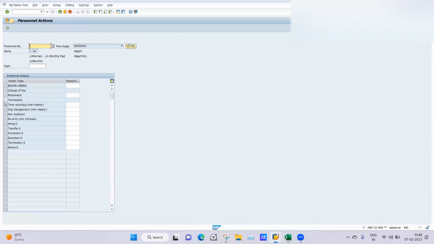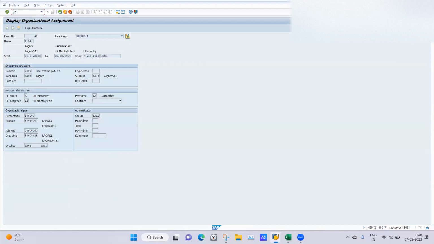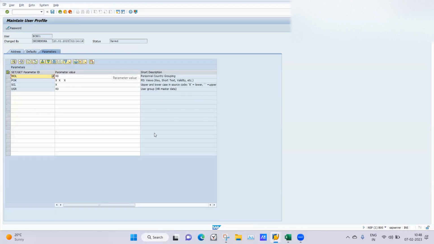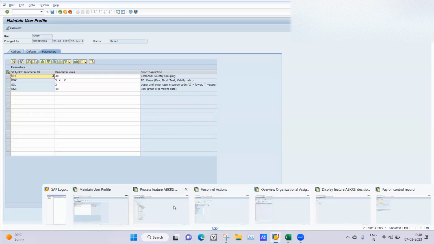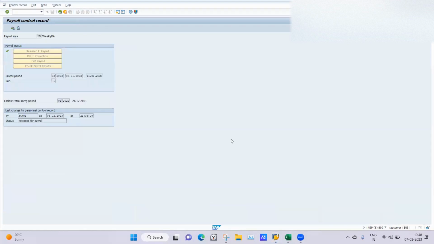Hiring, yes. Okay, let me go to SU3 for a second. PA40 is there. But why is the infogroup not coming here? I don't know. Either someone has deleted my